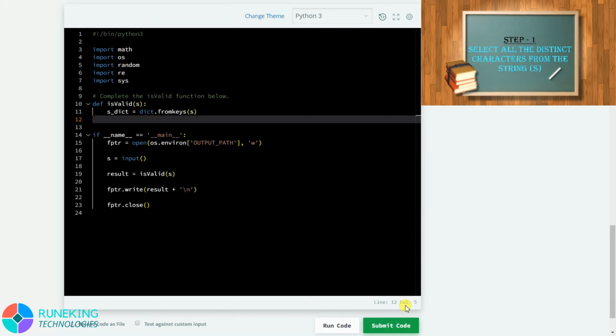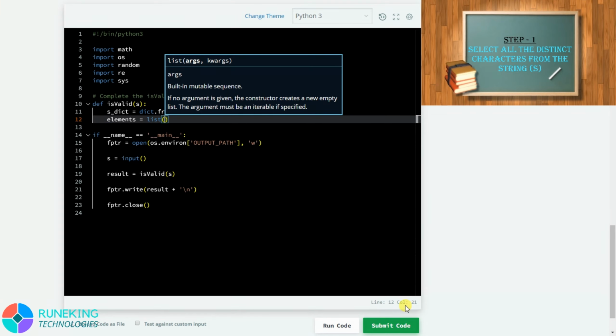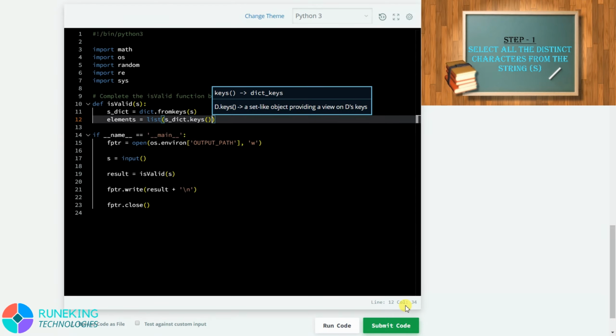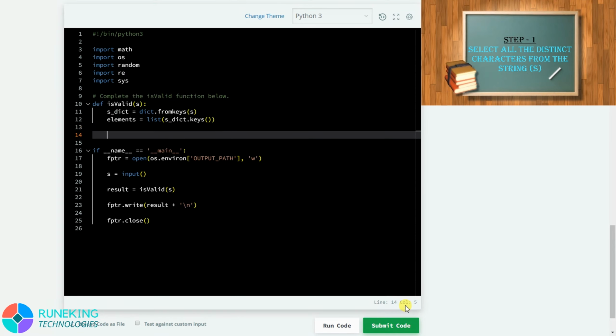Now we will create a list of the distinct characters. Let's call it elements, and we can get the list from the dictionary. s_dict is the name of the dictionary, and then we will use the function keys so that we can get the keys of the dictionary. So here we have the list of the distinct characters in elements.